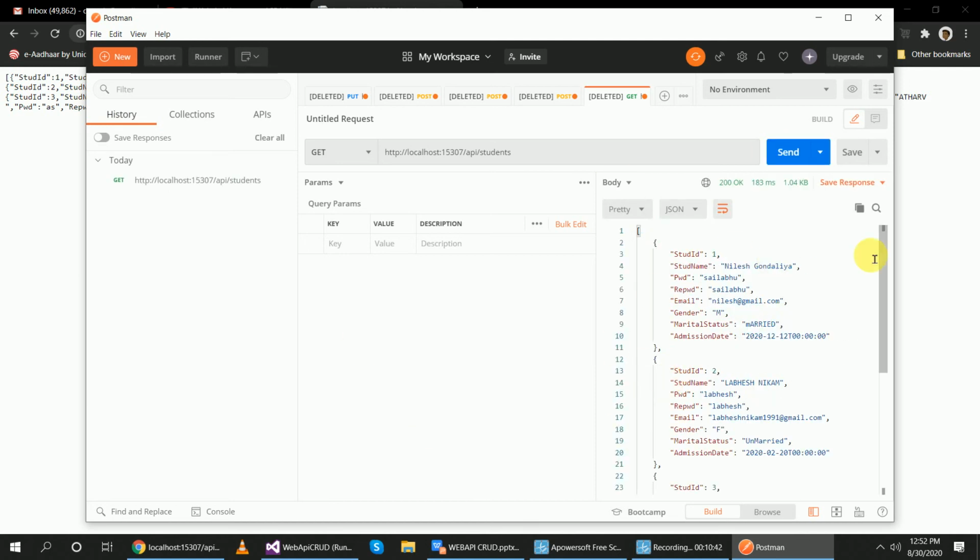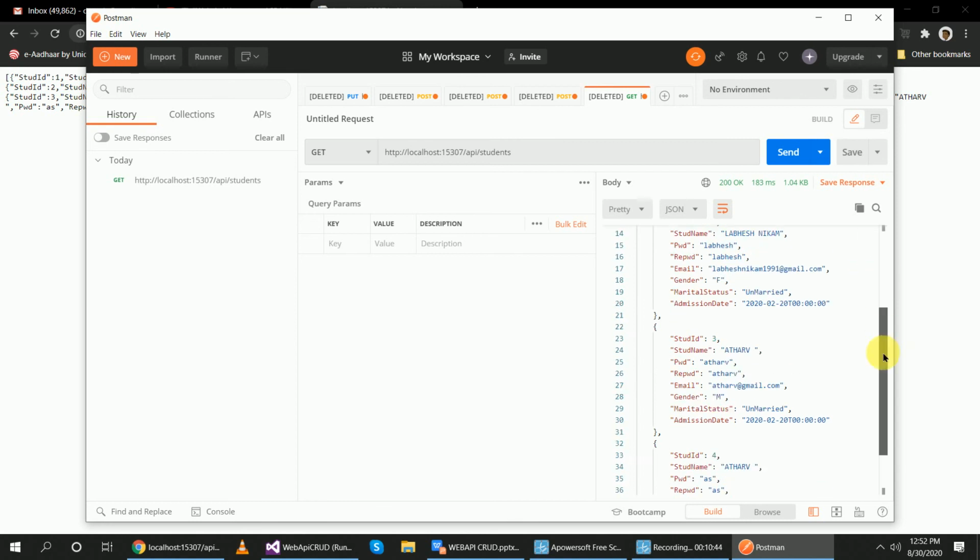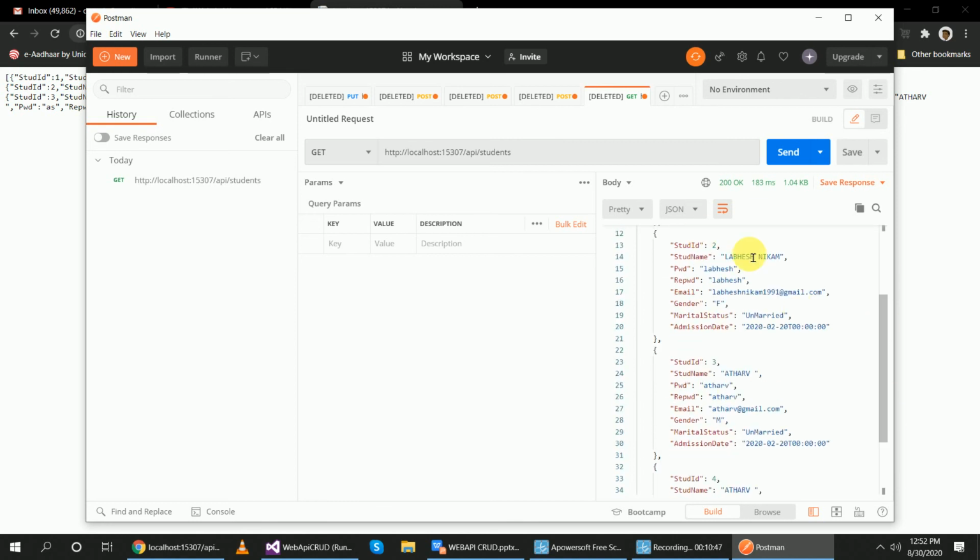Yeah, you can see here all my records in JSON format have come in this response body. This is my request body, but I just want to get the record. So in the request body I don't send anything, and everything is in the link pasted in this URL. Okay, and if you want to post data, just select the POST HTTP method, and where you want to post, in the students controller, sorry, at the server. So write a request now.